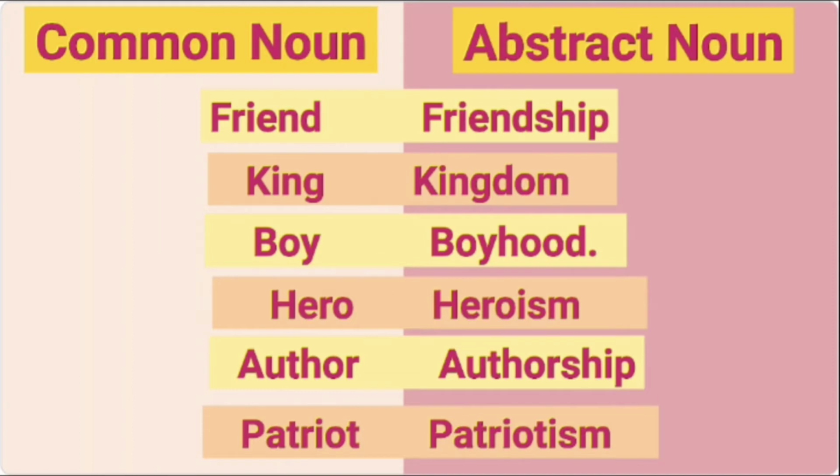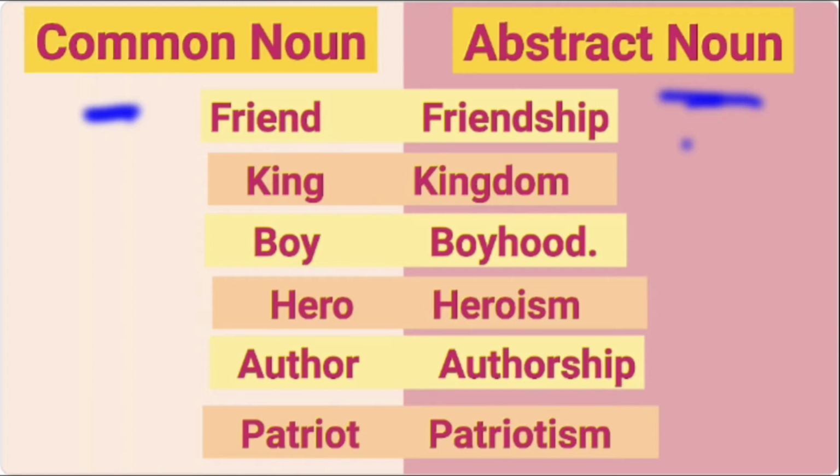Students, here is a chart for you, and this chart shows how abstract nouns are formed from common nouns. And you know the definition of abstract noun, that an abstract noun is the name of some quality, state, action, idea, feeling which we can only think of or feel but cannot touch. And a common noun is the name common to every person or thing of the same class, kind, or group. So here are a few words for you, and we are making abstract nouns from common nouns.